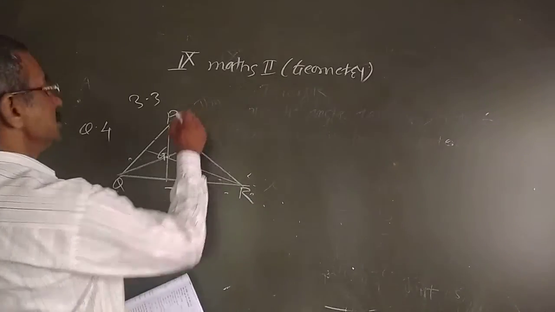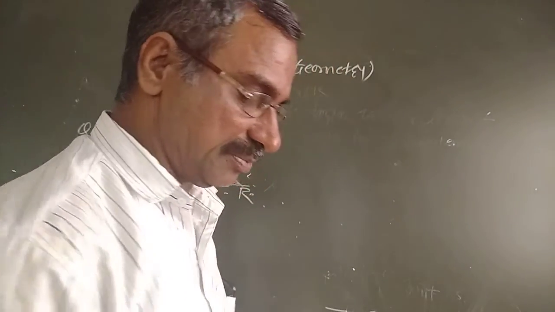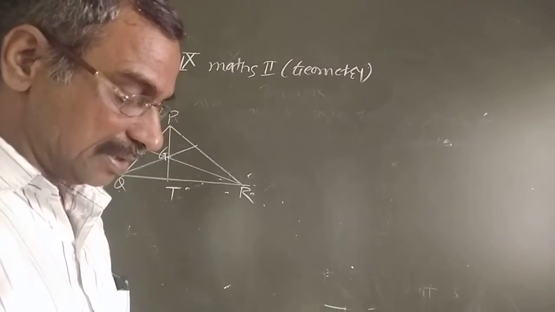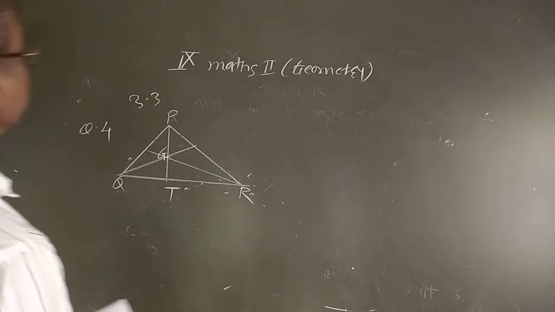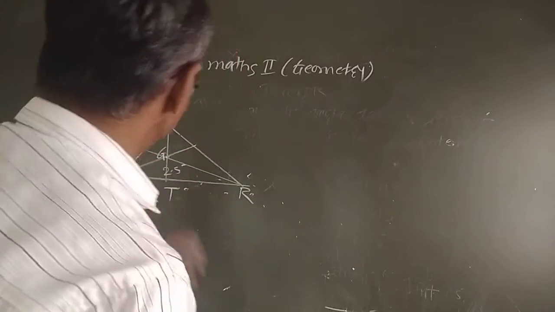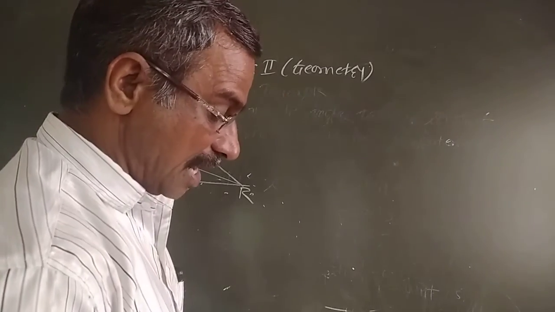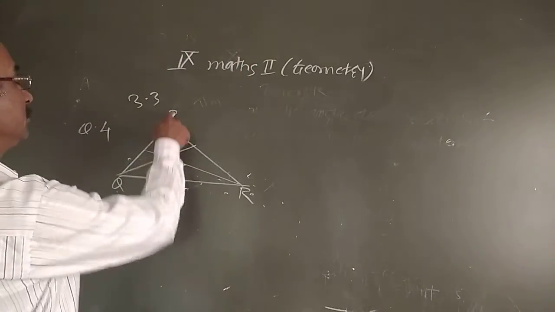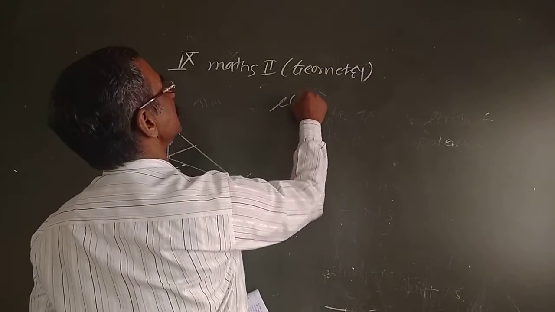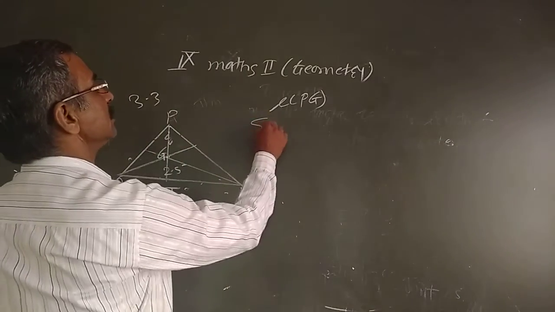Therefore, in question number 4, I will read here. In the diagram, point G is the point of concurrence of the medians. These are the three medians of triangle PQR. The length of GT is equal to 2.5. Find the length of PG and the length of PT. Firstly we find the length of PG.